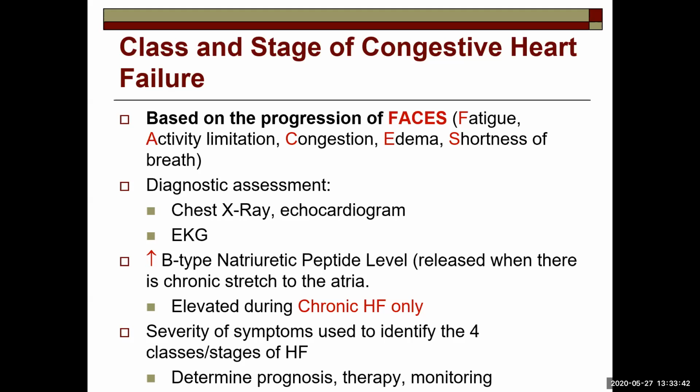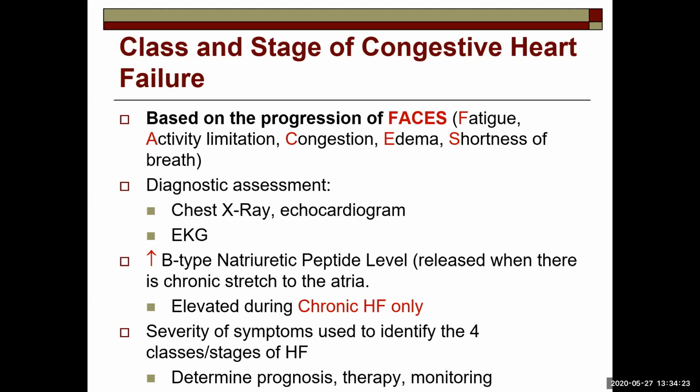And on an EKG, when you have enlarged ventricles, you're going to have a widened QRS. Okay, if you remember from EKG, which we will talk a little bit more about at the end of the lecture, the P wave detects the contraction of the atria. The QRS detects the contraction of the ventricles. So if you have a delay in the contraction due to the congestion, you're going to end up having a widened QRS complex. Okay, so again,